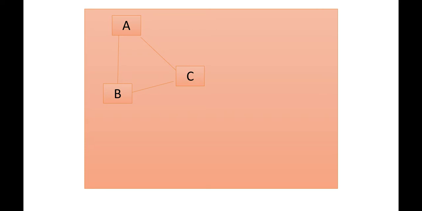Look at this picture. We can see three shapes A, B and C. So we have to think from A to B, B to C, again C to A. Which is the shortest path to reach from A to C? We can directly reach from A to C. If we go from A to B and then C, it will take some time. So A to B, B to C is a difficult path. We can directly move from A to C. Suppose we want to go from B to C, we can move directly. So this is the shortest path.